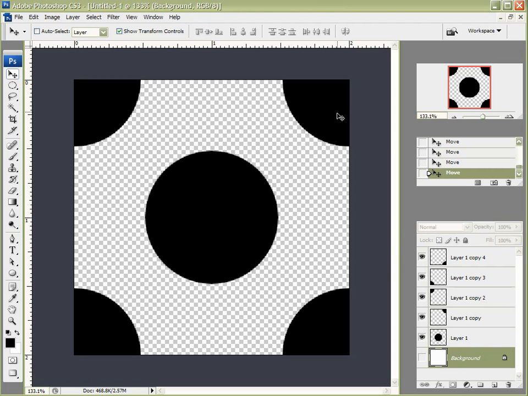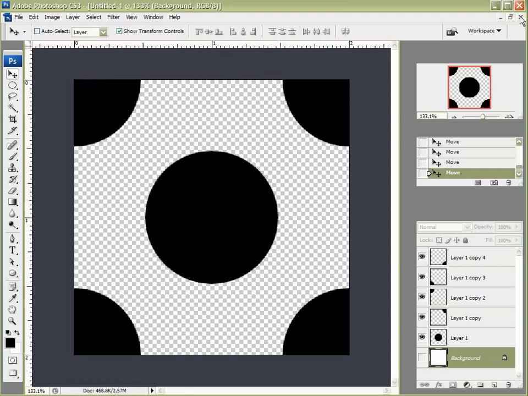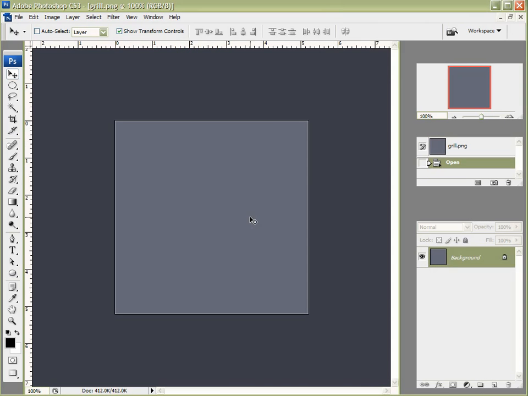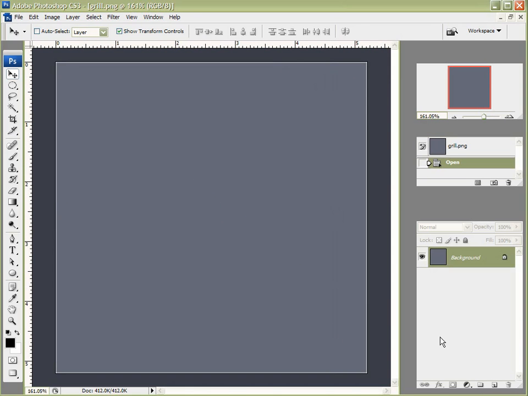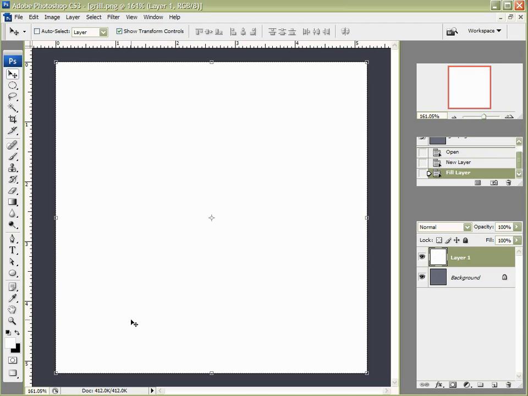So with all these black circles visible, I'm going to come up here to Edit, Define Pattern, and up here you can type in whatever name you want and then click OK. I'm going to close this out because we are done with this. Now for our grill, and there's my grill. I'm just going to drag it right into Photoshop, pop it right on top, create a new layer. I'm going to fill this with white by hitting Alt Delete,